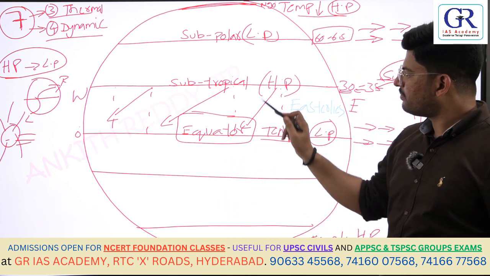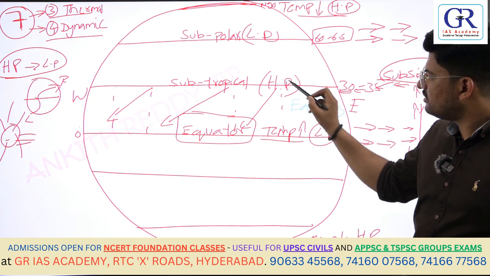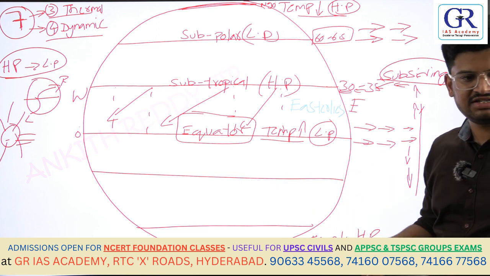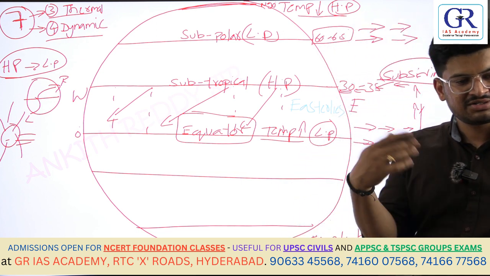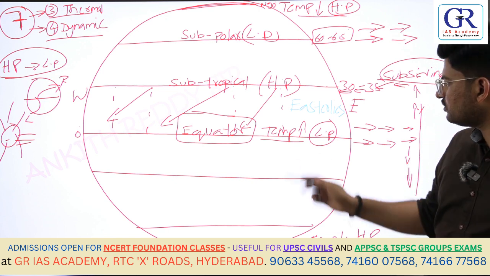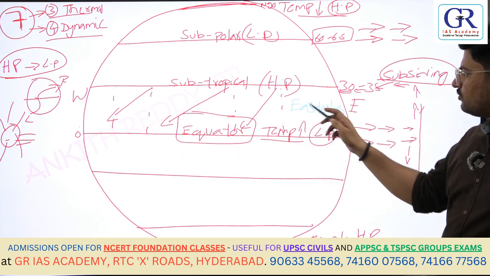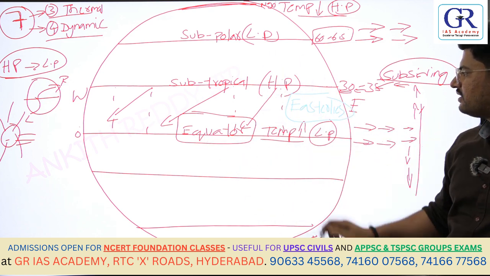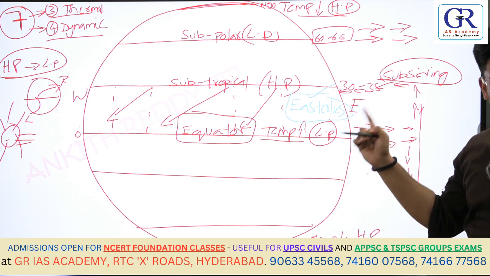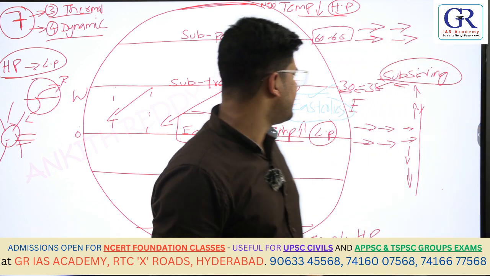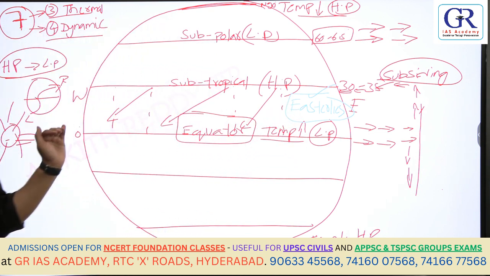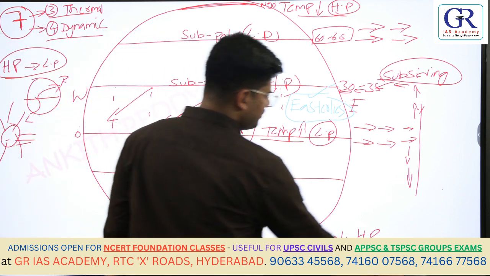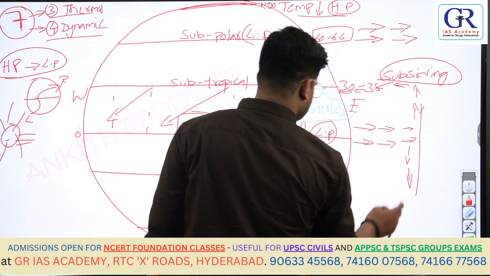Now, why are winds moving from the subtropical region to the equator region? What is the reason? Because winds always move from high pressure to low pressure. They have to move straight. But Earth is a rotating body. Because of that, there is a force called Coriolis force. Winds in the northern hemisphere deflect towards the right. So they are deflecting towards the right here. They are originating in the east and moving towards the west. So can I call the winds which move between the subtropical region and the equator easterlies? They are also called tropical easterlies or trade winds. The direction is from east to west.